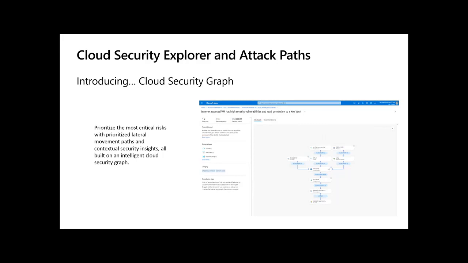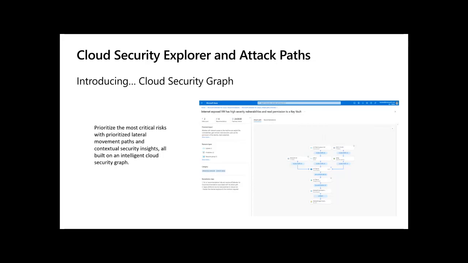So what does this mean? Contextual security is a newer concept that we are introducing that will make recommendations and mitigations more effective and focused on the potential breach paths and potential business impact, right? So to explain, the Cloud Security Graph is one pane that collects all the data about your environment. We take these integrated insights from Defender for Cloud, maybe you've got Defender for DevOps, Defender for External Attack Surface Management. We take all of this data and we provide you with prioritized risk through the Cloud Security Explorer